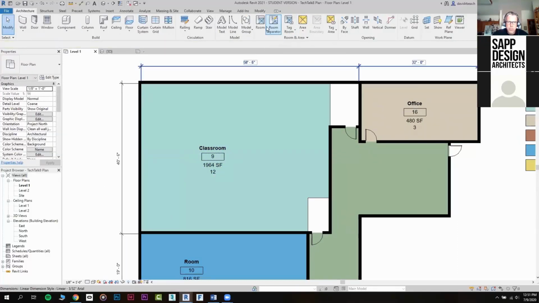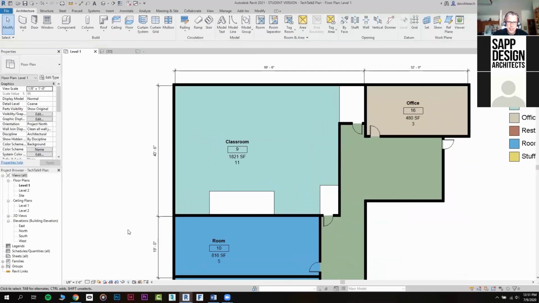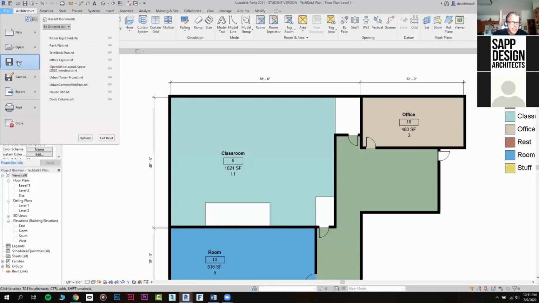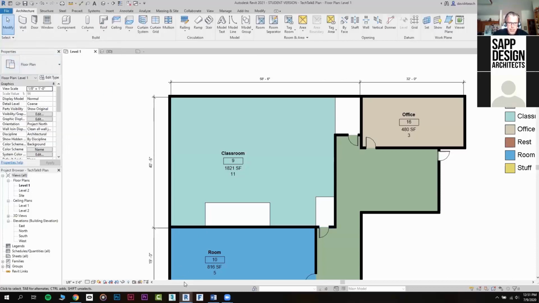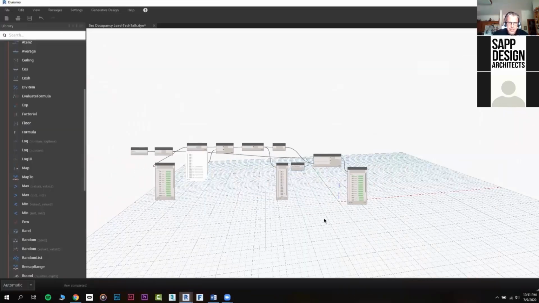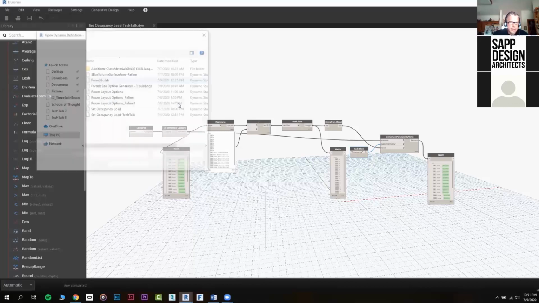And I could do one more thing with this as well. Let's say that I know I'm going to be teaching here, so I can't have desks in that location either, right? So let's go ahead and hit the save button. And let's go back into Dynamo. This is still linked with that level 1 floor plan, so I can simply hit save. It's going to remember all of that stuff. And I am going to open up a new graph